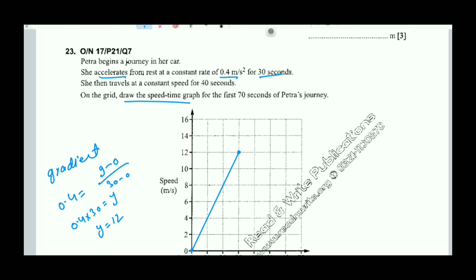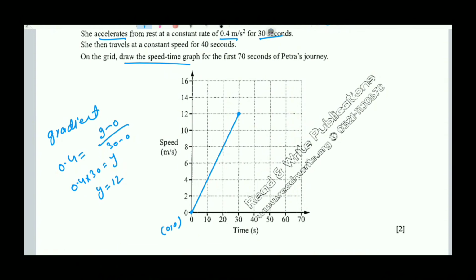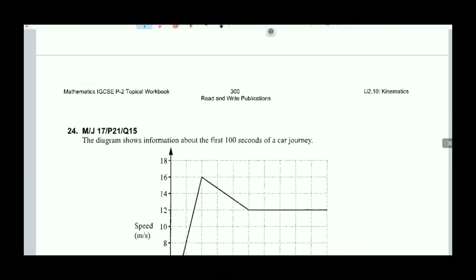Then she travels at a constant speed for 40 seconds. 40 seconds means that the remaining time is 40 seconds. 10, 20, 30, 40. Now we will complete the graph at a constant speed for 40 seconds like that. No need to find the value of the speed, because she travels at a constant speed for 40 seconds. So this is the graph. This is the way you will complete it. Okay, next question is